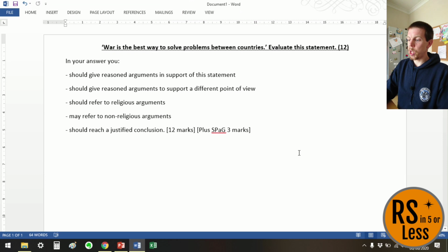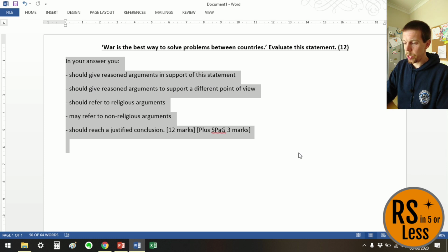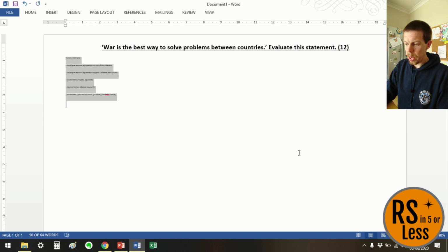So here we are. War is the best way to solve problems between countries. Evaluate this statement. Now, there are different ways to answer that. I'm going to shrink this just so that I can fit it all on one page. But you may want to start by